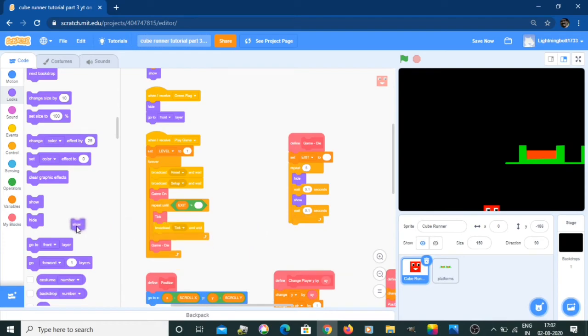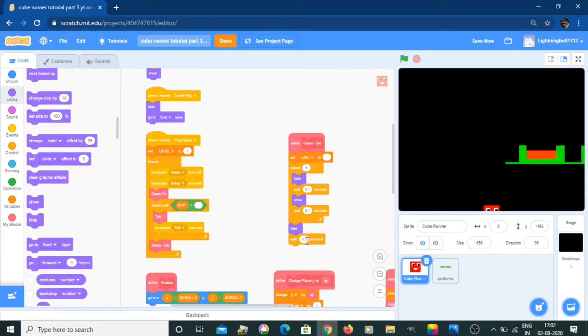We don't need the show again, so we hide, wait 0.1 seconds, show, wait 0.1 seconds, and then we'll repeat 5 times. Then we're going to hide ourselves, and we're going to wait for 0.5 seconds,